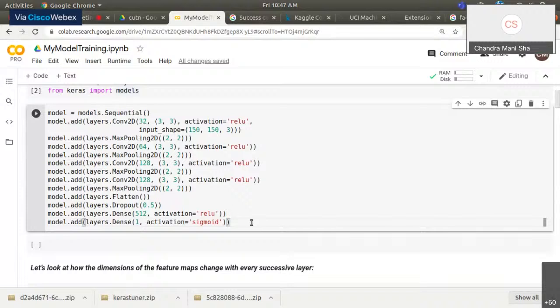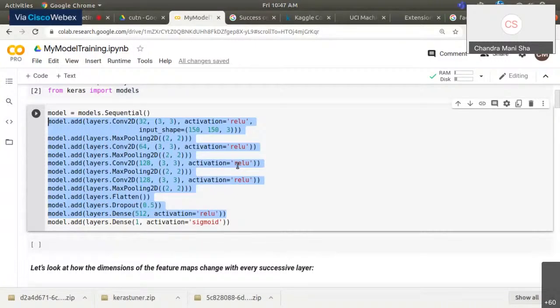But if you have, suppose, three classes, then the number of neurons in the output layer will be 3. If there are 10 classes, it will be 10. If there are 100 classes, it will represent the 100 classes. So whatever we have defined here, there is no predefined rule for that,